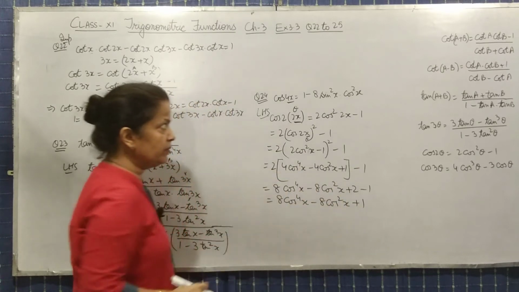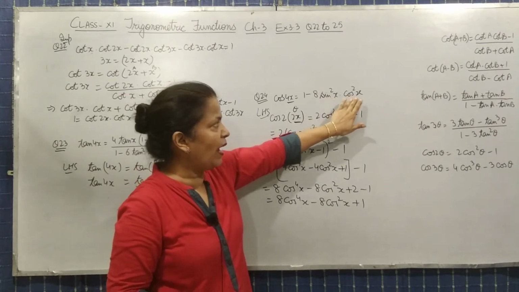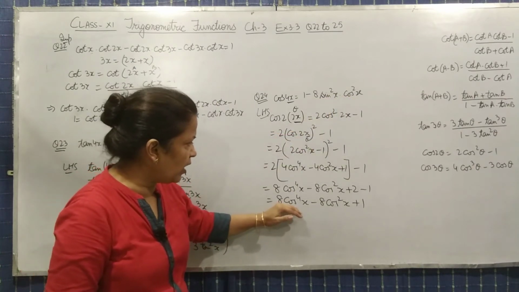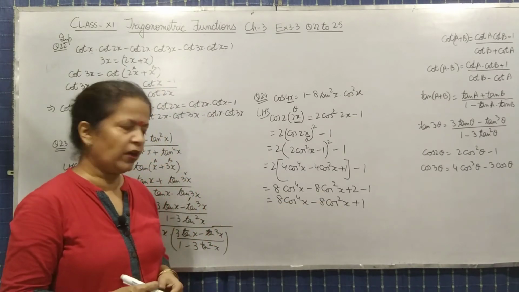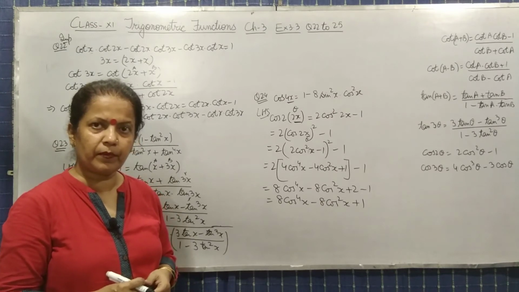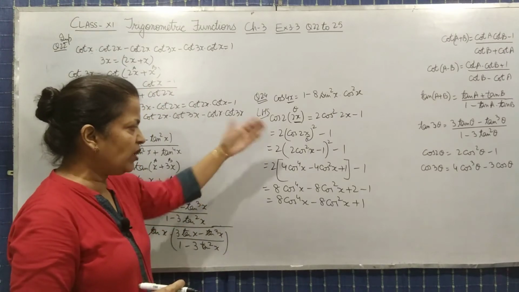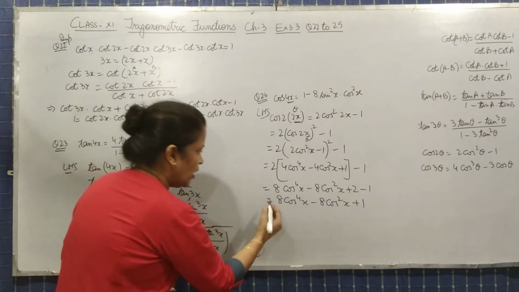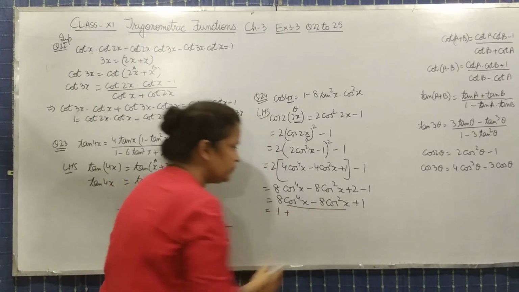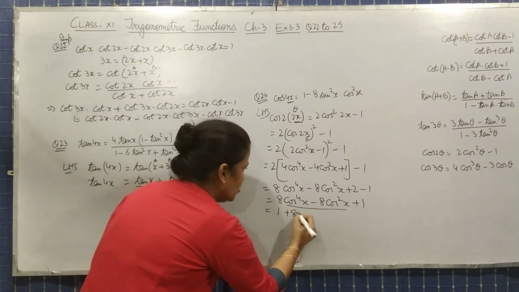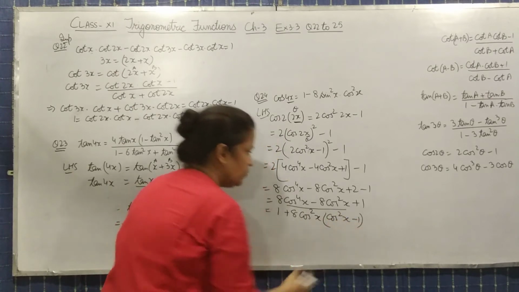1 is already there. Now you need the other trigonometric terms in the form of sin square and cos square. Here you see cos to the power 4 x and cos square x are there. So what will be the next step? Tell me. Anyone, you can write this term in this form. How can you write it? Take 1, write it here, plus from here take 8 cos square x common, and the left out is cos square x minus 1.